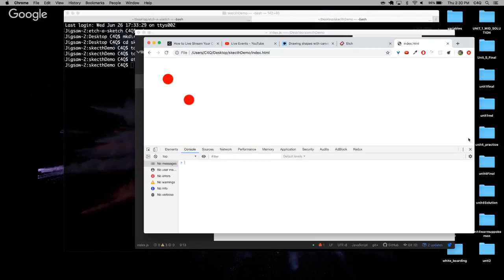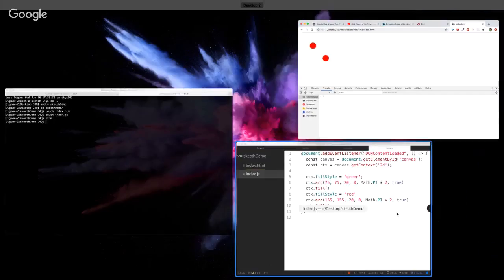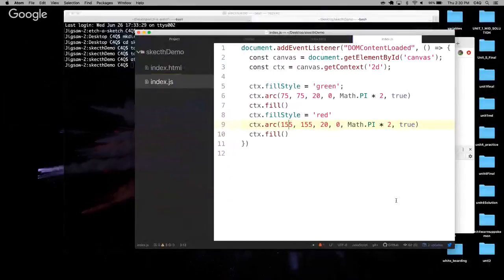Uh-oh. So we got 2 circles, but they're both red. Boom. Why did that happen? Yes, the fill overrides. Yeah. Well, so they're both on the same context too, right? But there's something else that we get with circles, and I'm pretty sure this is how this is going